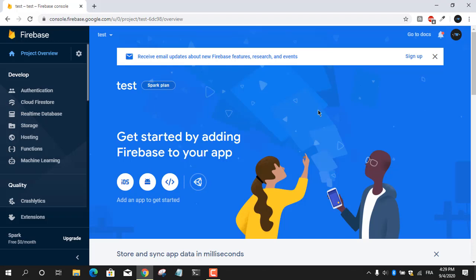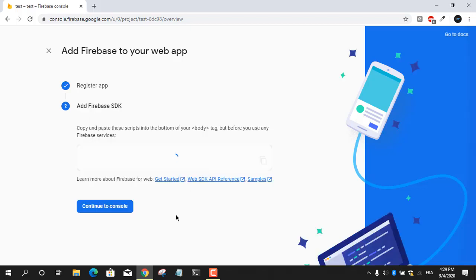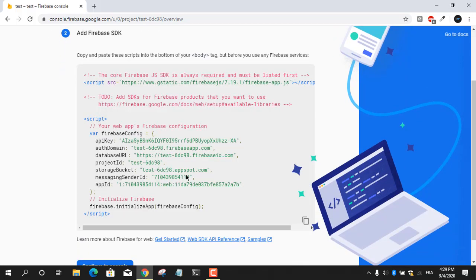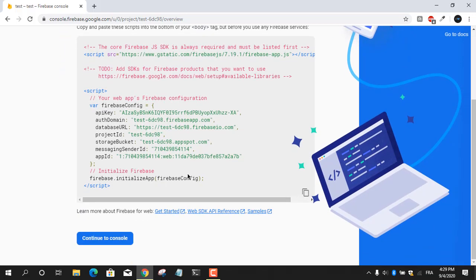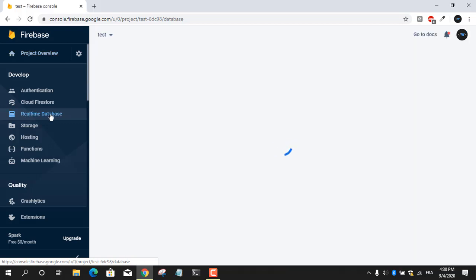So obviously we're going to use Firebase for a web app, so we're going to click that icon that says web, and we're going to name the app test. We're not going to check that because we're not going to use the Firebase hosting, maybe in future videos. So register app. We're going to get back to that code later because we're going to need it. So continue to console. So now we need to go to the real-time database section